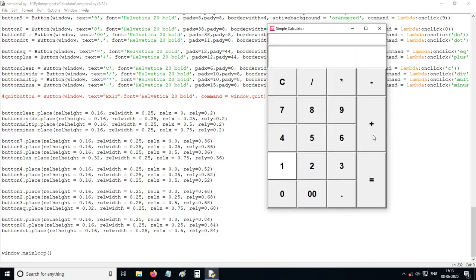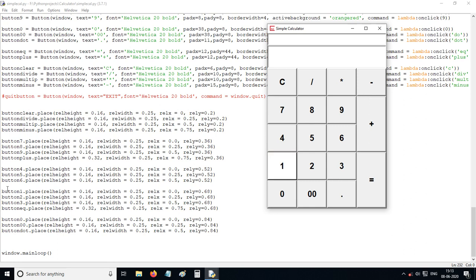This plus button spans two rows like that. Where is this plus? Button plus: relative height is 0.32, double the total height, relative width is 0.25, same, relative x positioning is 0.75, and relative y is 0.36.